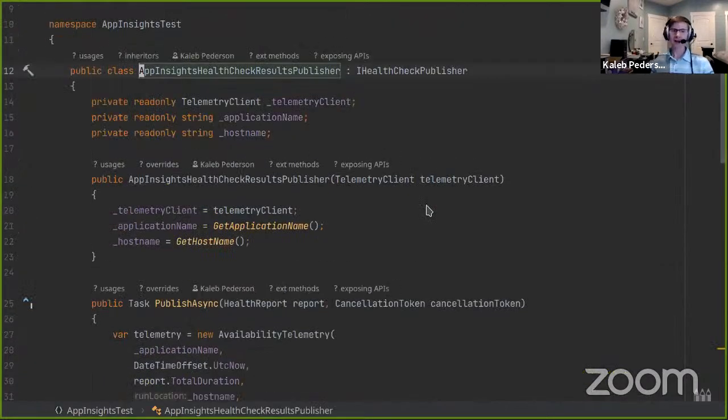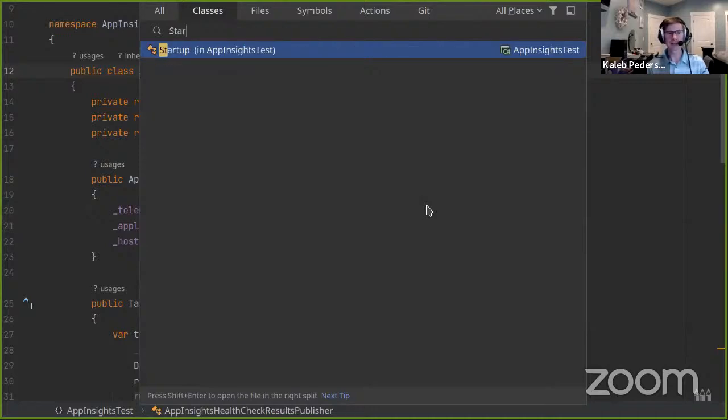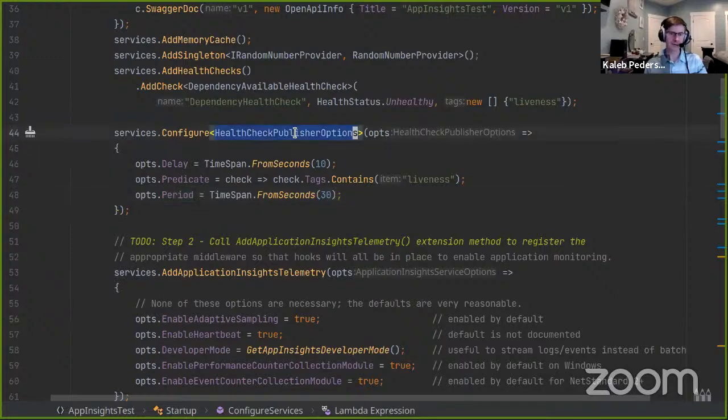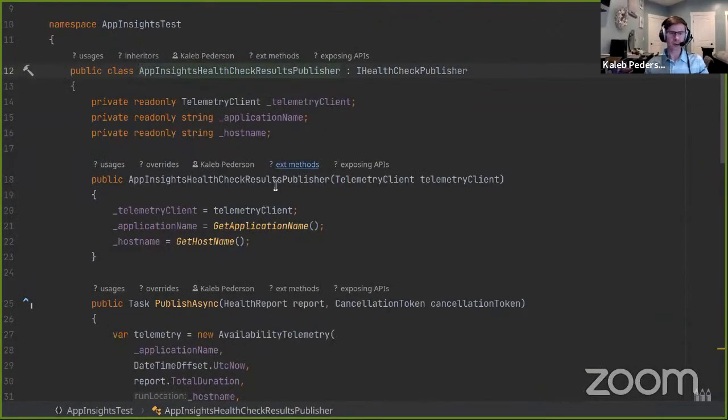Now, the weakness of this particular approach is my application is running, and I set up a periodic health check. I think I have that in my startup file here. So let's go and look at my startup. If I look for period, I can see that I have the health check publisher options set. I'm going to wait 10 seconds after my application startup, and then every 30 seconds, I am going to run this particular health check. So like I said, health checks are running every 30 seconds, and I'm using this to actually record availability. So to go back to our code here,